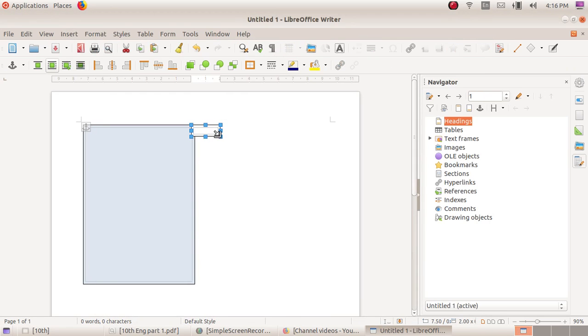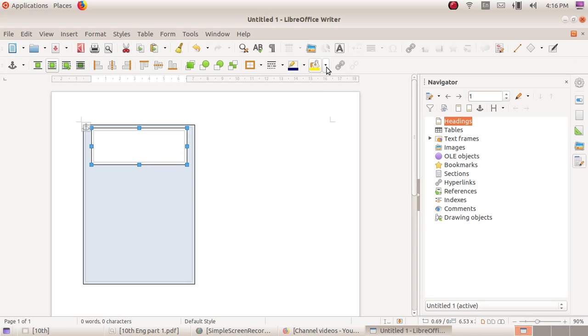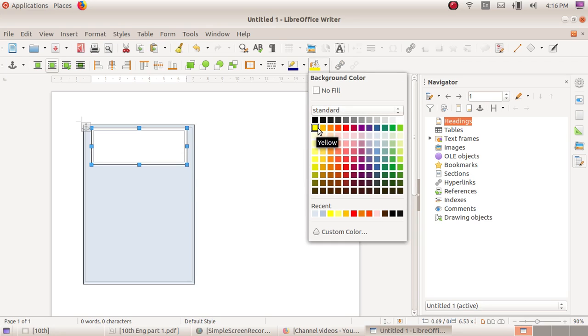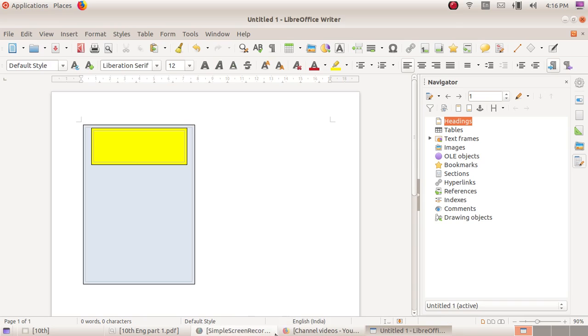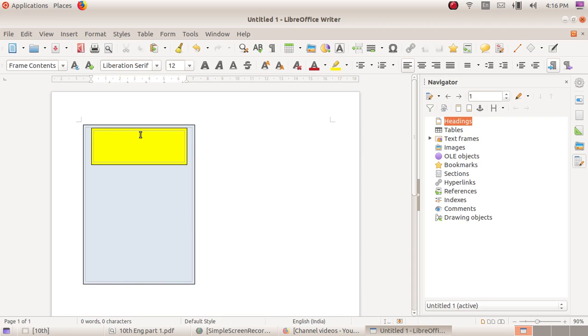Then add one more frame inside this frame for typing text attractively, and change its background color also, like this participant card. Let's type School Kalotsavam. This is just a model of a participant card.